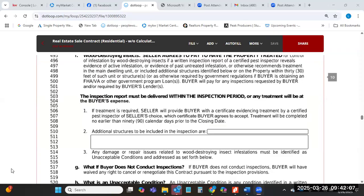As we get here, I kind of glossed over it, but it's important that 498 and 499, anything within 30 feet of the main dwelling on the property, again, because this is our residential form, is included in what can be inspected. So that includes any wood deck, whether it's attached to the property or not, if it's within 30 feet. The storage sheds, again, are usually outside of the 30 feet from the main dwelling, so they're not automatically included. If you want it included, then that's where we add in our box down here on line 510